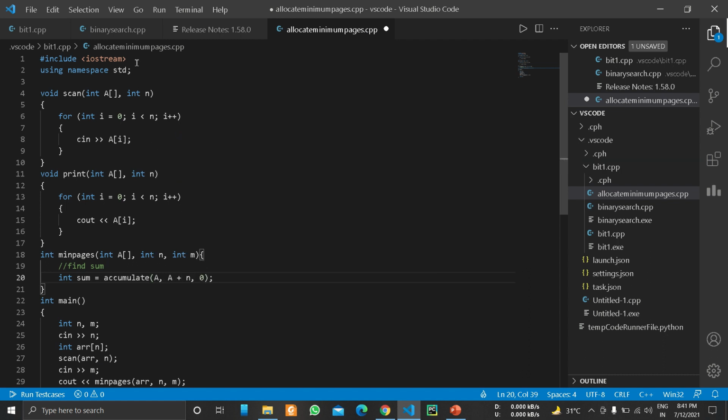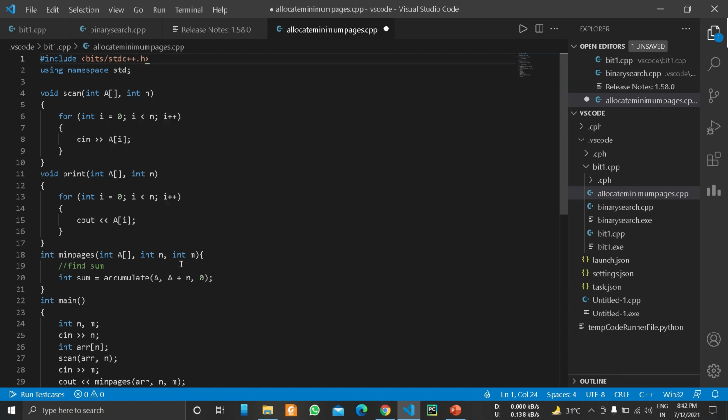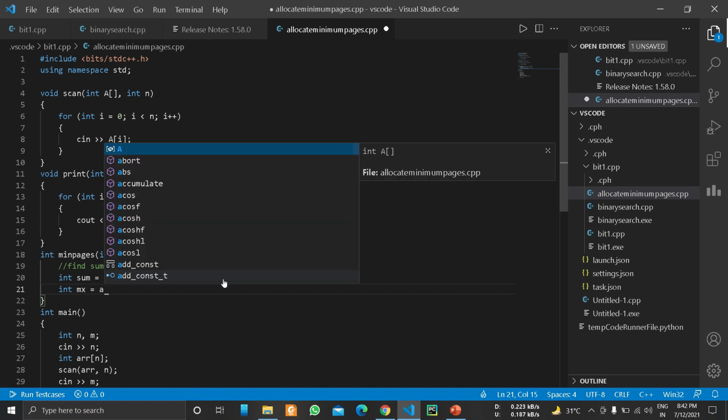This is an STL function, so we have to use std. And let's initialize int max as the last index of the array.